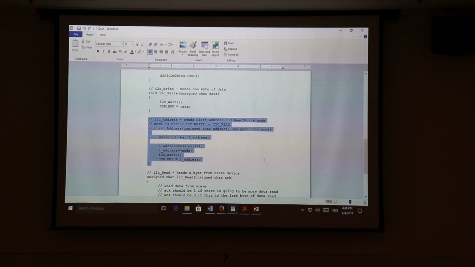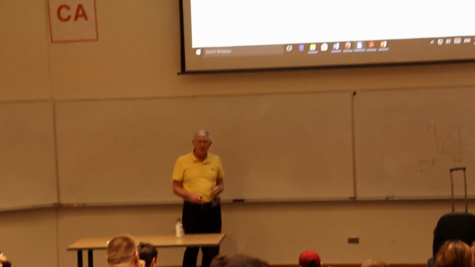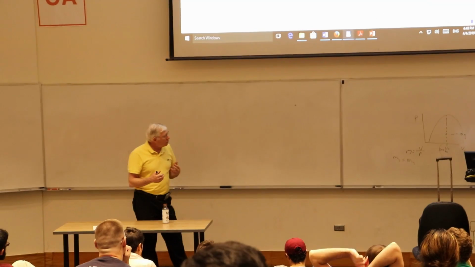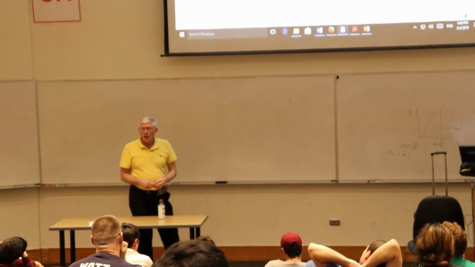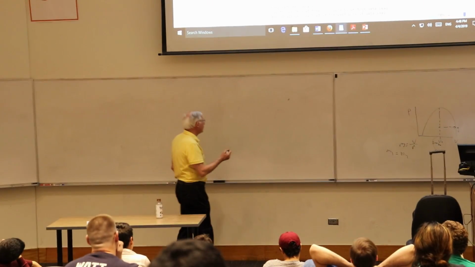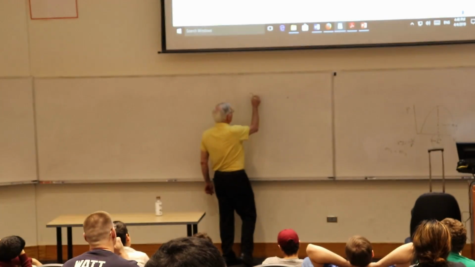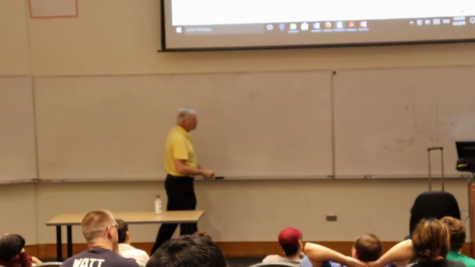And that's going to tell the slave whether the next sequence is a write or a read. So we have to prep the slave for that, so the slave knows whether it's supposed to be sending data or receiving data. So we append that read-write bit to the 7-bit slave address, at the low end. So what happens is our slave address gets shifted 1 bit to the left in the process. And so this makes it very confusing, because now, let's say we're using address 27, like our little PCF,